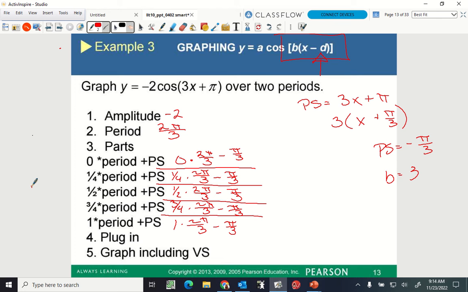Anyway, all right. So are you doing the math here for me? 0 times pi over 3 is 0, minus pi over 3 is negative pi over 3. 1/4 times 2 pi over 3 is going to be pi over 6. So pi over 6 minus pi over 3 is going to give me